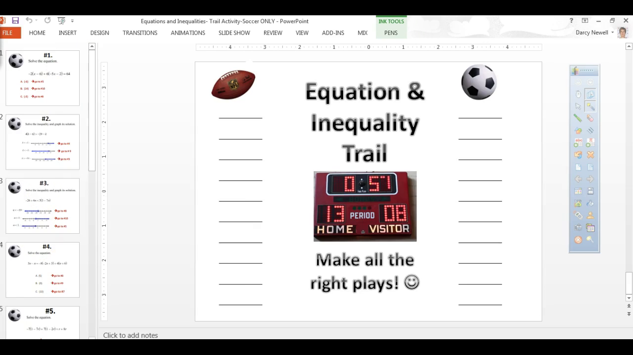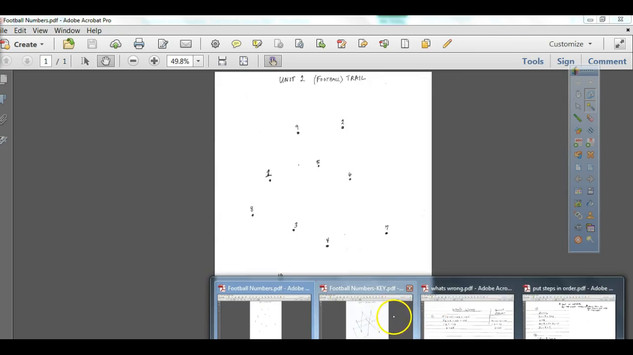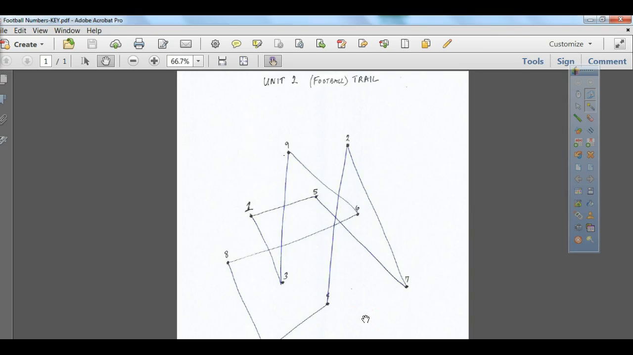I created a different kind of key, so they'd have something like this, and they'd connect the dots starting from the problem they started at and connect it to all the answers they got, and this is what the key would look like, just for me to do a quick check. In case they ended up at the same number twice, they could come ask me where did I go wrong, and I'd be able to see real quick which line didn't connect right,